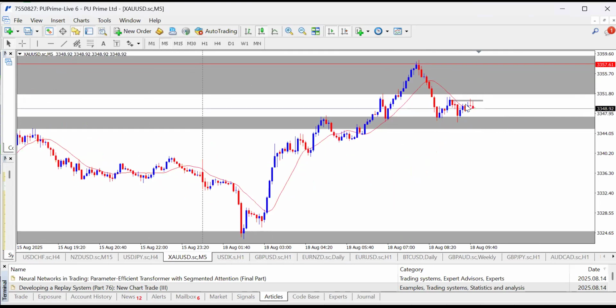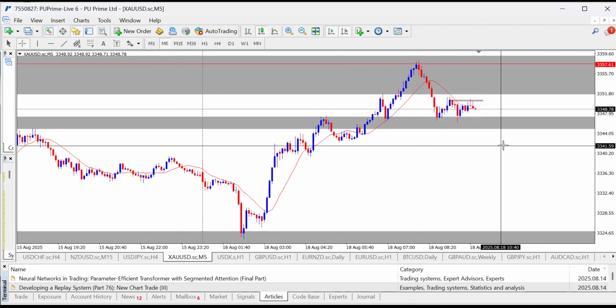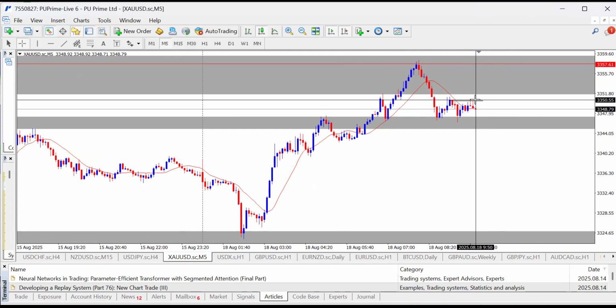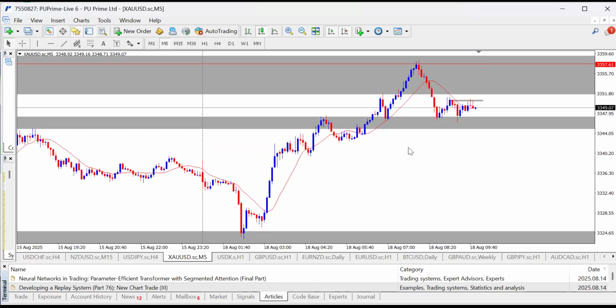So let's see how this runs. I'm waiting for a bullish candle. Once a bullish candle closes or opens, then I buy gold. Or we could put a buy stop order from here. Then target here, right? 35 pips to this high. So that is what I'm looking towards on gold. If this current 5 minute candle closes bullish, I'm buying instantly. And please let us take note of that.